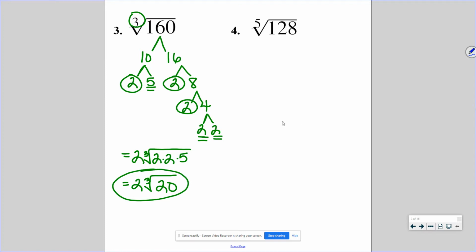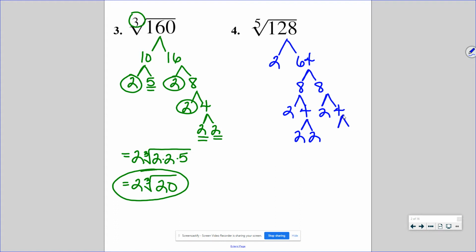All right, one more. This is a fifth root. So when I do my factor tree, I am looking for 5 of the same thing. So I need 5 of the same number to be able to break this thing down. And again, I'm just making my little factor tree, thinking of what times what equals each of these numbers. And you're looking at all the numbers at the very end. So 2, 2, 2, 2, 2, 2, and 2. Those are all the ends of my branches. And I need 5 of the same